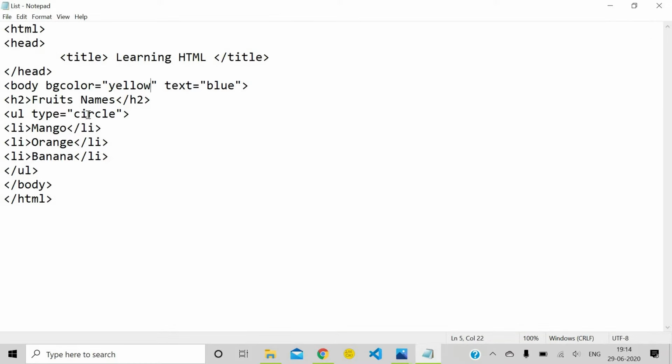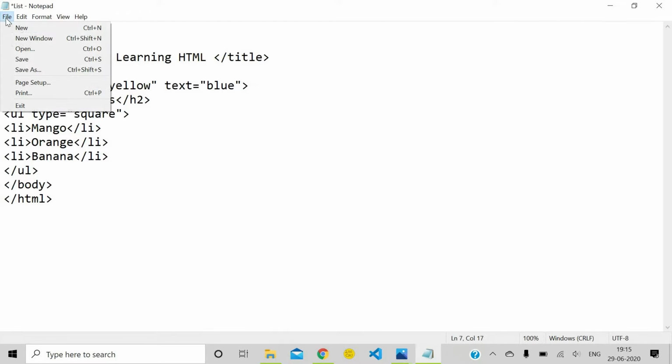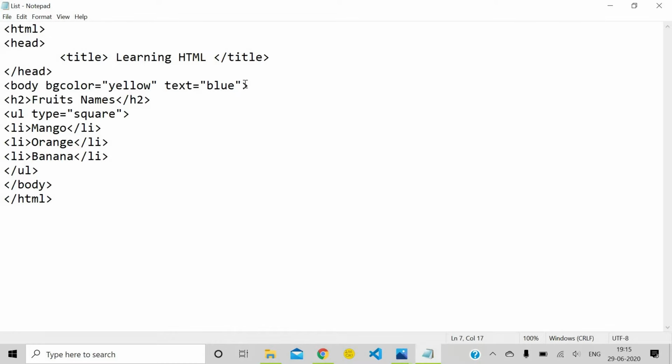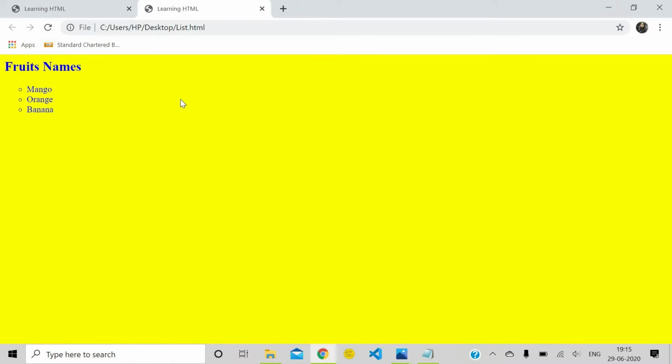Now we will see. Okay, square also if you want to see, then I will change it. Let's see the square. If you write the square over here, fine. Minimize it and refresh it. Fine. Now the bullet is square in shape. Now next is